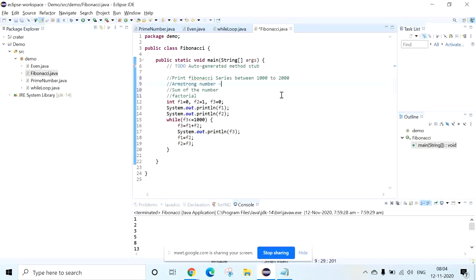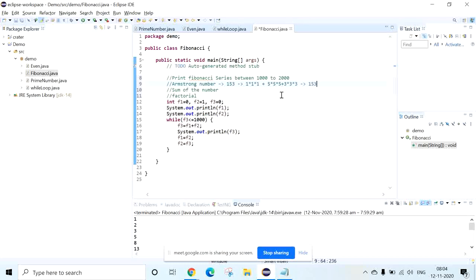I'll tell you what an Armstrong number is. When you say 153, which means 1 star star 1 star 1 star 1, plus 5 star 5 star 5, plus 3 star 3 star 3, will give you 153.